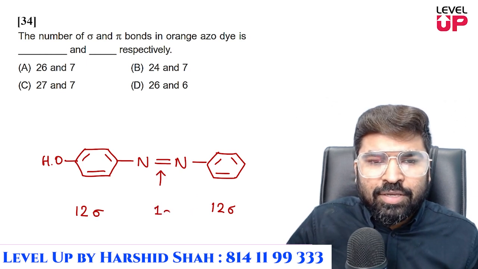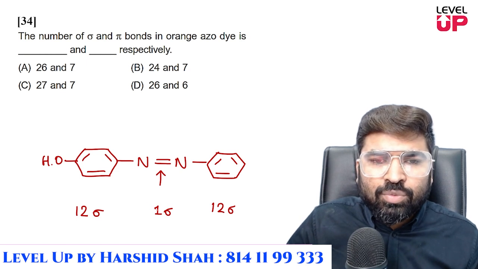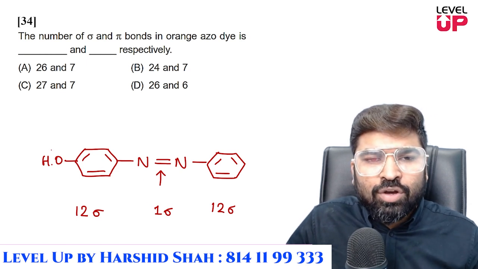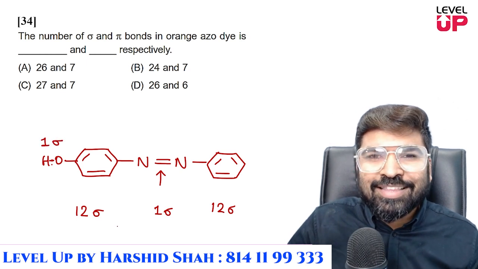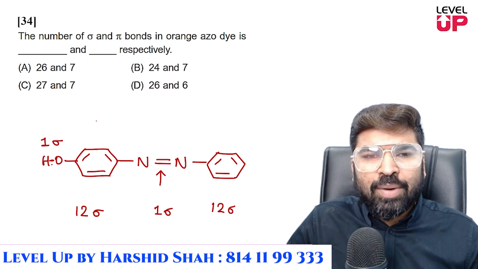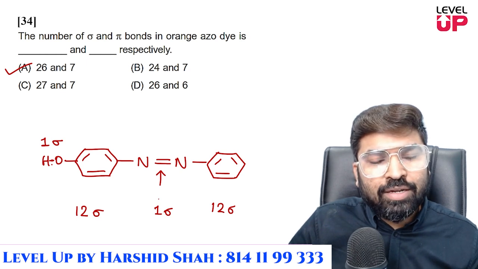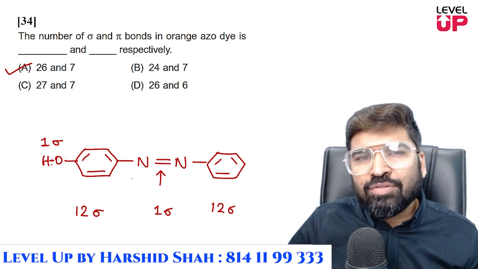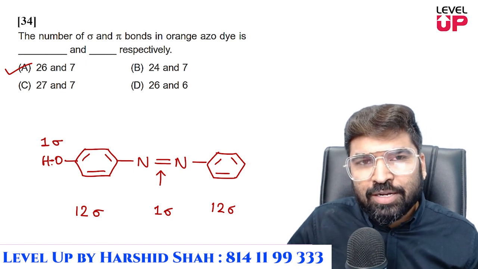पड़ेगा, तो एक सिग्मा ये वाला नाइट्रोजन। सो टोटल होने वाले हैं 24 + 1, यहाँ पे हो गया 25, और हाइड्रोक्सिल ग्रुप का एक सिग्मा ये हो जाएगा आपका कितना? ये हो जाएगा आपका 26। सो 26 and 7 पाई, ऑप्शन ए इज़ योर आंसर। थोड़ा सा ध्यान से कैलकुलेट करना, गड़बड़ हो सकती है। मैंने बेंजीन के 6 और 6 12 ऐसे सिग्मा ले लिया, CC वाले और CH वाले, राइट?